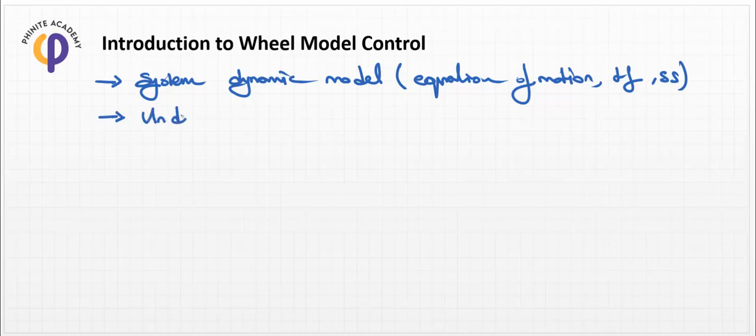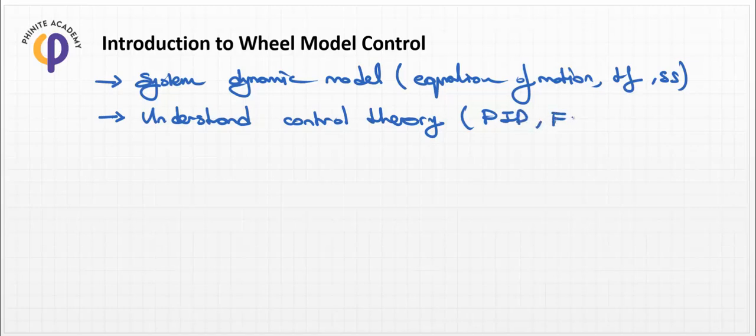Then we need to understand the control theory here, which includes the PID controller, full state feedback controller, or LQR controller. But in this lesson we will only focus on how we can establish the PID controller on this wheel model. Then we need to create the transfer function methods